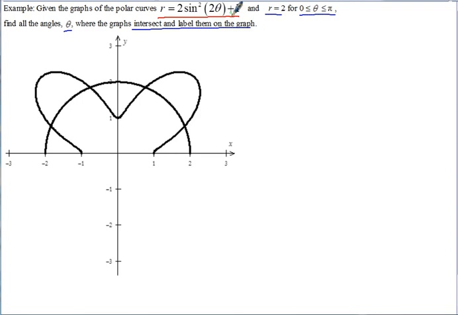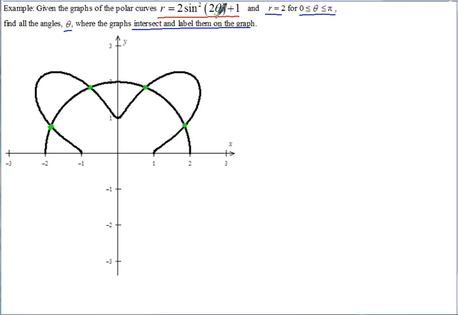So what we're looking for is all the angles where these two graphs intersect. In this case, there's 4 different angles. So let's see how we go about finding them. At those places, notice what's true is the radius from there in polar coordinates is identical, and so is the angle, which is what we're looking for. So if we know the radius is equal, and this is what r equals, and this is what r equals, shouldn't we be able to set these equal to each other to solve for what theta would have to be